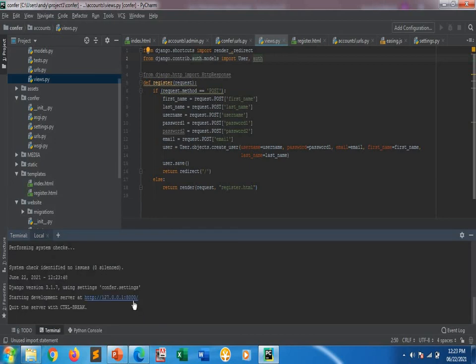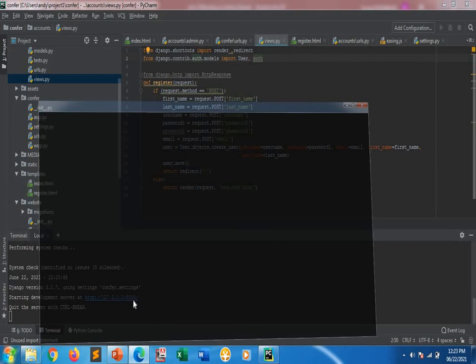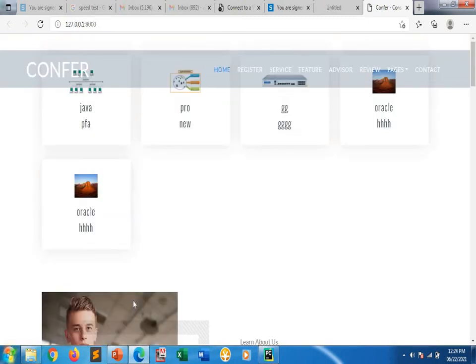We are done. So just I'll click on this. Here you need not go to the admin page; you can directly work with this page. Here I have given this as register. Just click on this register.